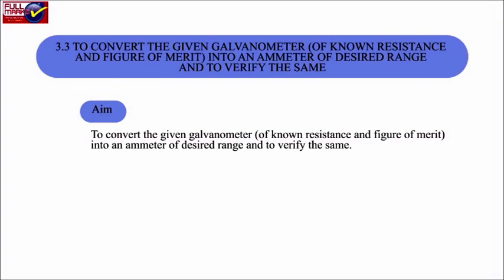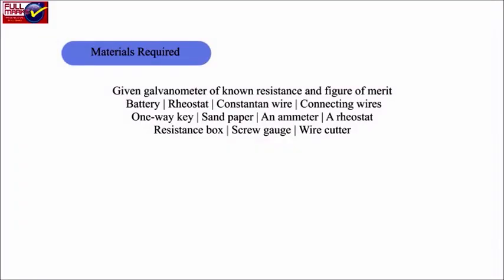3.3. To convert the given galvanometer of known resistance and figure of merit into an ammeter of desired range and to verify the same. Aim: to convert the given galvanometer of known resistance and figure of merit into an ammeter of desired range and to verify the same. Materials required: given galvanometer of known resistance and figure of merit, battery, rheostat, constantan wire, connecting wires, one-way key, sandpaper, an ammeter, a rheostat, resistance box, screw gauge, and a wire